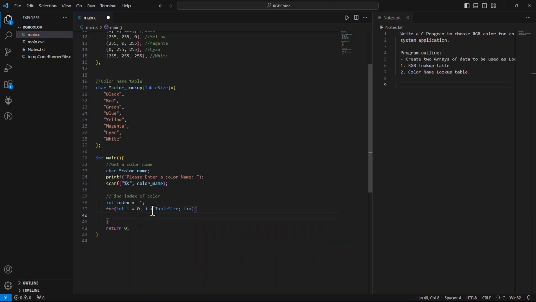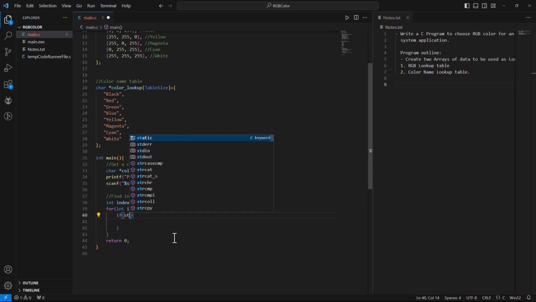Okay, now we are inside the for loop, and each for loop incrementation is going to be an index of all these names here. So now we need to take one of the names for each index and compare it to the name that the user just entered. So to do that, we call an if statement. Okay, so we call our if statement and we use the string comparison function. So that is string